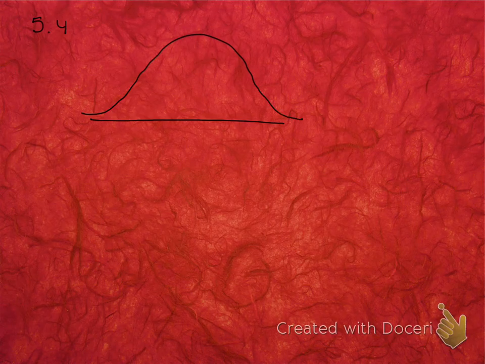Hey guys, so right now we're starting section 5.4, sampling distributions, which is one part of this section, and then the central limit theorem, which does apply directly, but we have to learn what sampling distributions actually means. So before, when we were dealing with a normal bell curve, we found throughout the whole entire population,